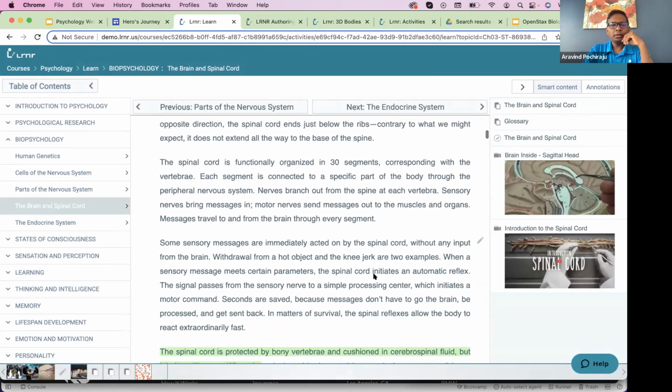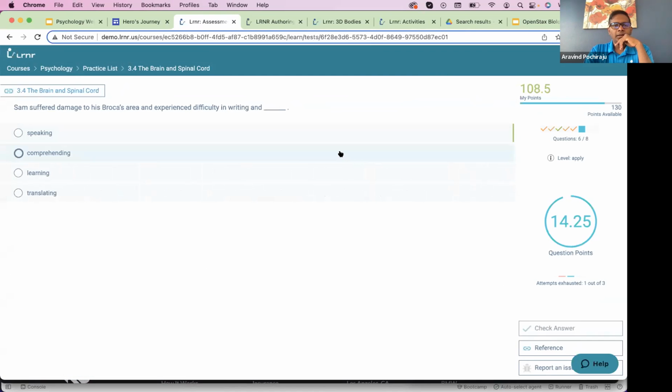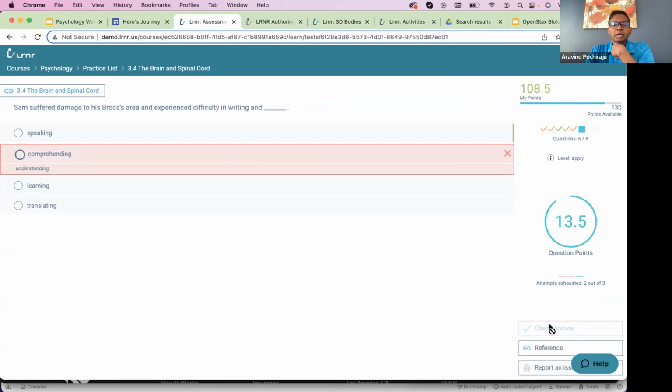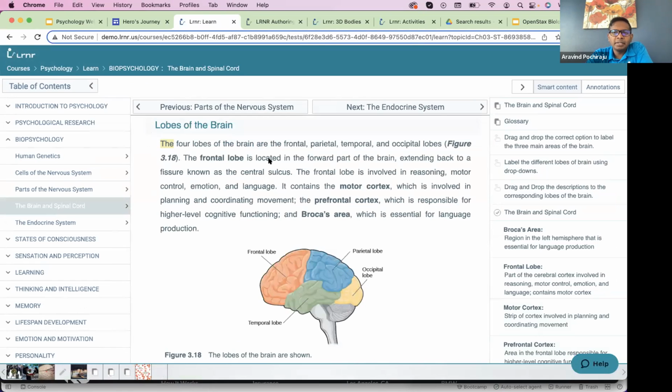So let's look at the adaptive quiz here real quick. So we're looking at: Sam suffered damage to his Broca's area and experienced difficulty in writing and dash. So let's check answer. So right now, I do not know the answer. I can click on the reference link. The reference link takes me back to a specific area in the textbook. And then I could go back to my quiz